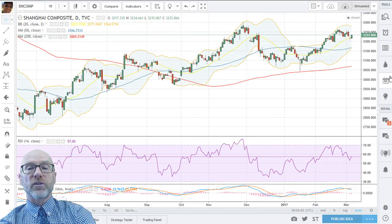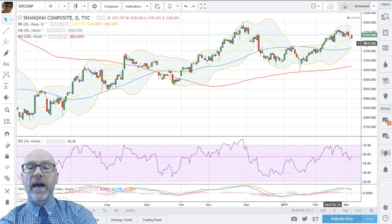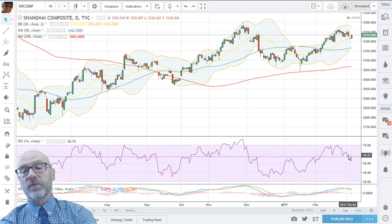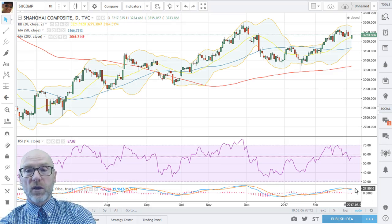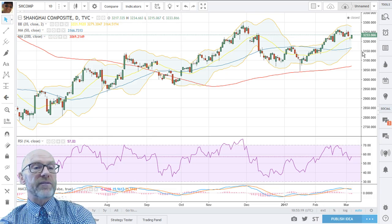The market just drifted off over last week, and just let me turn my cursor off. There we go. And drifted off last week, came back to support of the 20-day. 20 days holding in the short term, but given the picture on the RSI, a downtrending level there, which is indicative of downside momentum, MACD's rolled over. I would expect the 20-day not to hold. The next support comes in, there's immediate supports from the lows that we saw at the end of February, but below there we're looking at the 50-day, which is